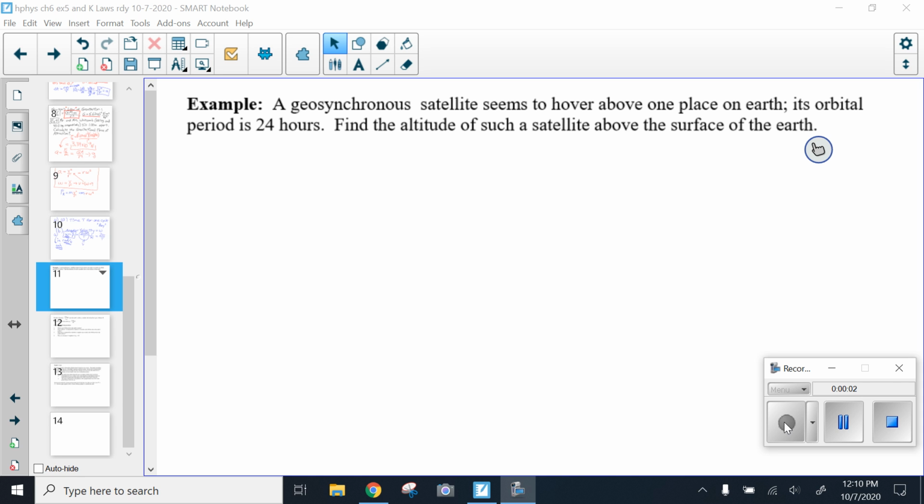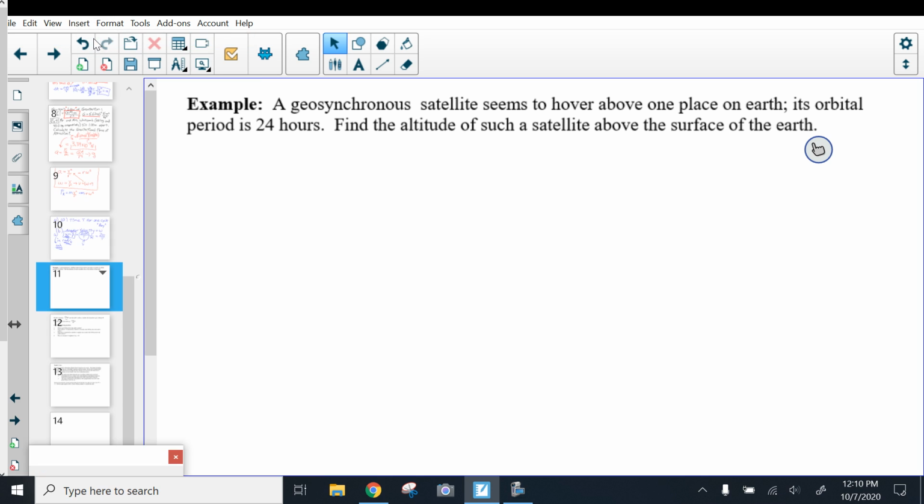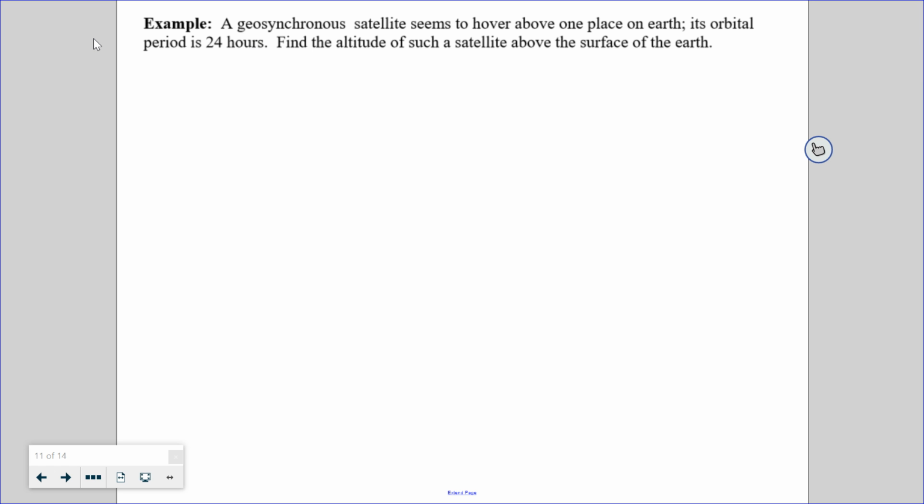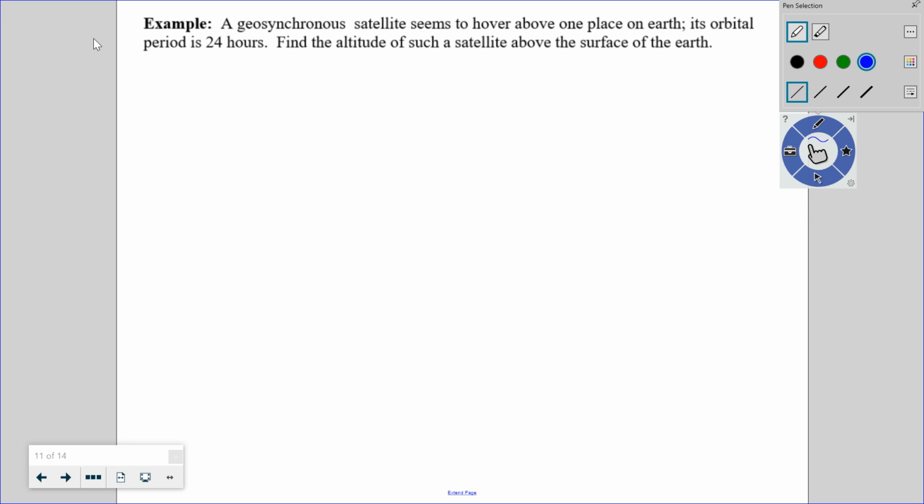So this studying satellites, this is like fun stuff for a physicist. Now I've forced you to accept v squared over r, and let's just see what kind of fun stuff we can do with that. So a geosynchronous satellite